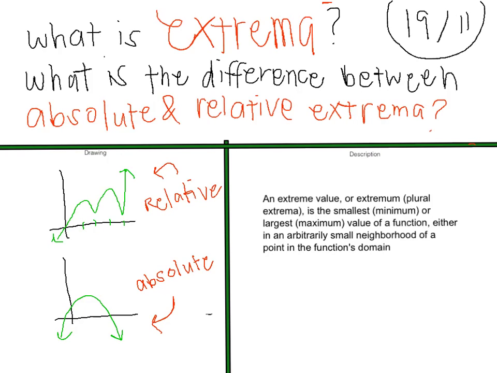The daily journal for the 19th of November is: what is the extrema? What is the difference between absolute and relative extrema? An extrema is a value, or extremum, which is the plural of extrema, is the smallest